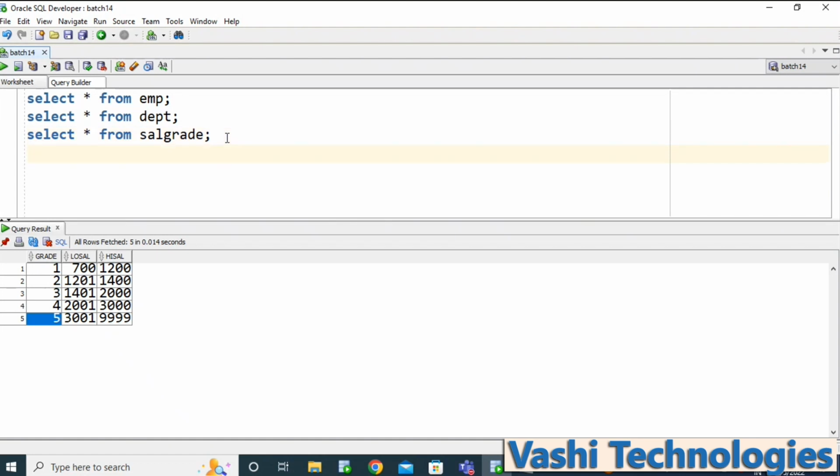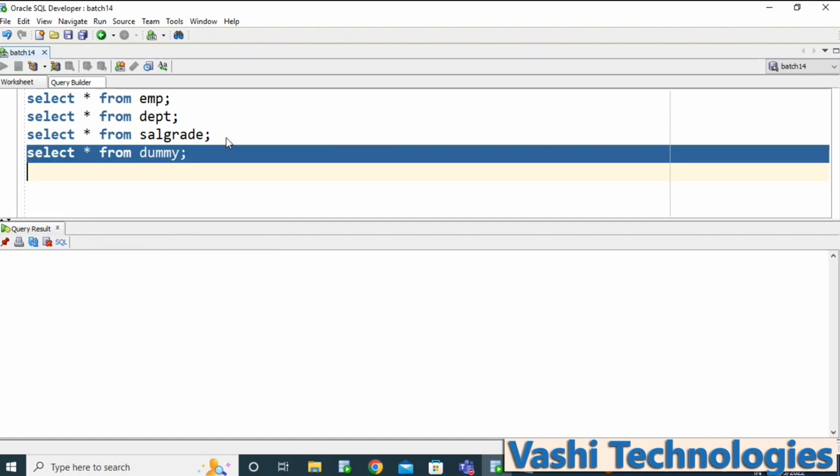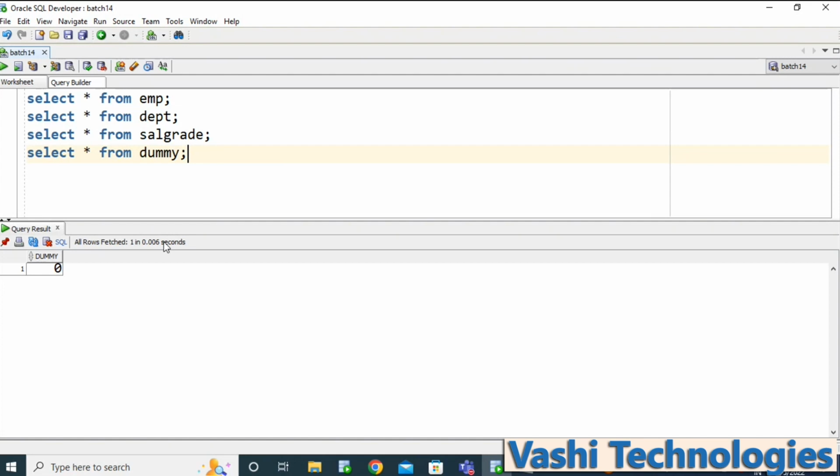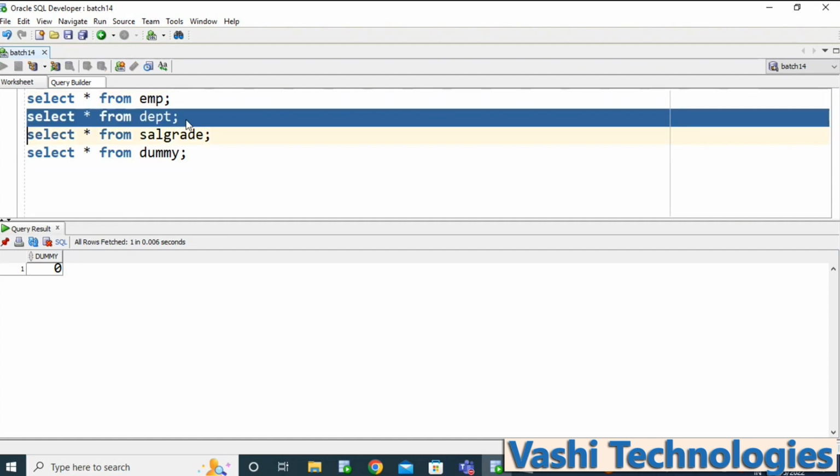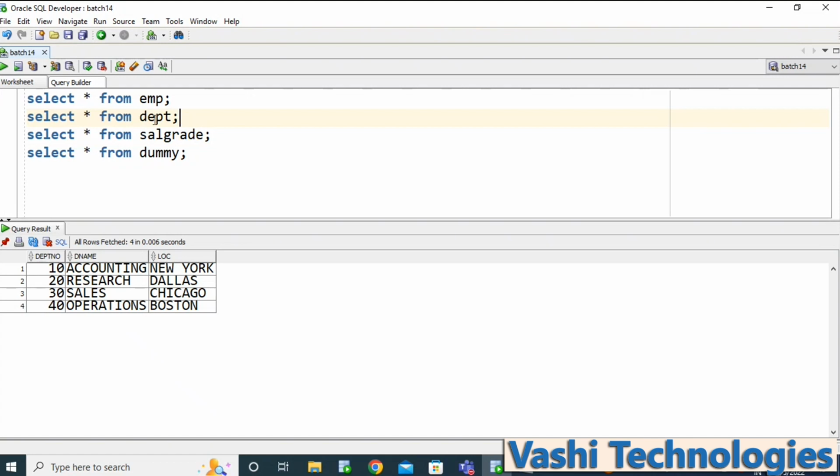So till now we have these tables, and we have another table called DUMMY. Maybe this table won't have any data, I thought. It has only one record. Okay, so now we have these tables. Now we need to check the data here. What is the parent information? We want to know the relation of each table.